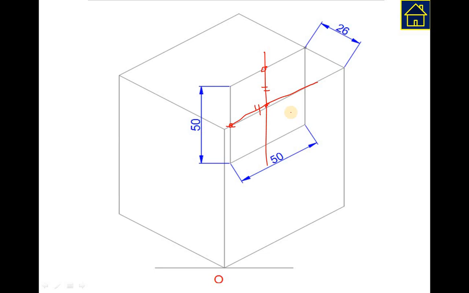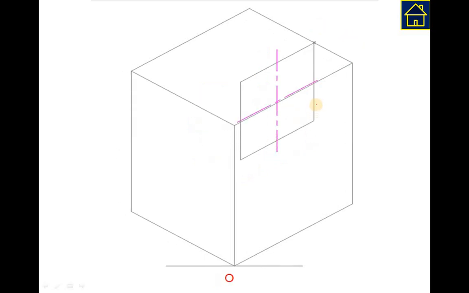Anyway, though that is a circle in orthographic view, in isometric those circles, those curvatures are part of ellipse, right? So now we will draw ellipse by 4 center method. You can see that video. I have already posted how to draw the circles in the isometric, that is nothing but the ellipse. Here 4 center method of drawing ellipse we can use.